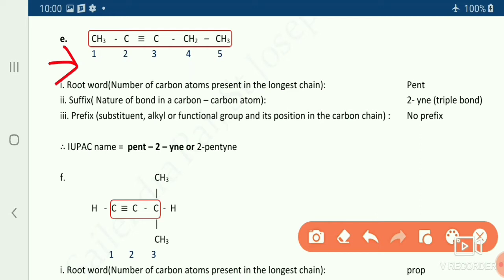2. But if you start from here, then the functional group will get 3. So which one will you take? Left to right or right to left? Left to right is the one you are going to take, because it is giving the functional group the smaller number. That's why your suffix is 2-yne. There is no prefix, no branch, so your name is going to be pent-2-yne, or just 2-pentyne. Clear? We go to the next one,